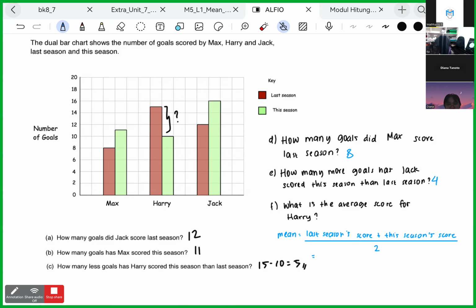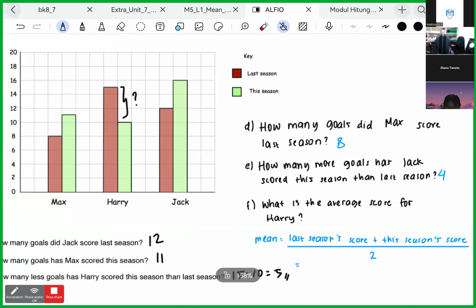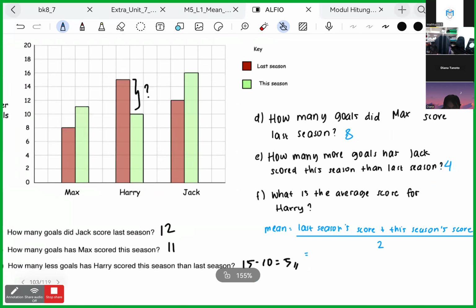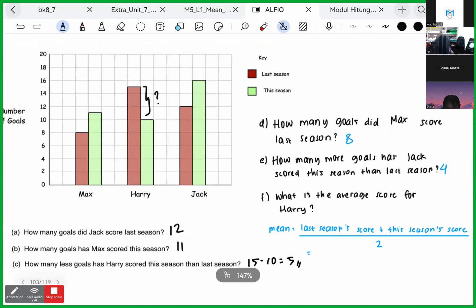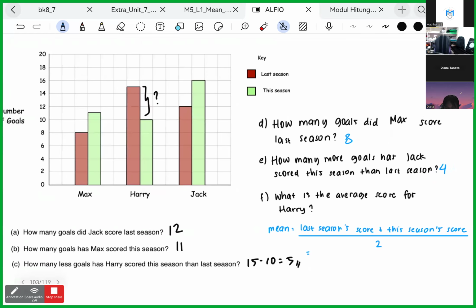For the mean, last season score and this season score, 10 plus 15 is 25. Okay, 10 plus 15 divided by 2. So 25 divided by 2 equal